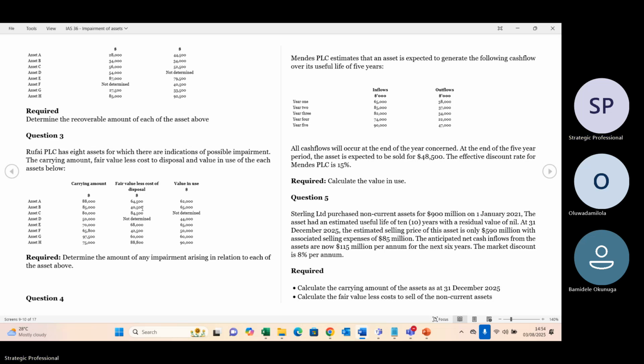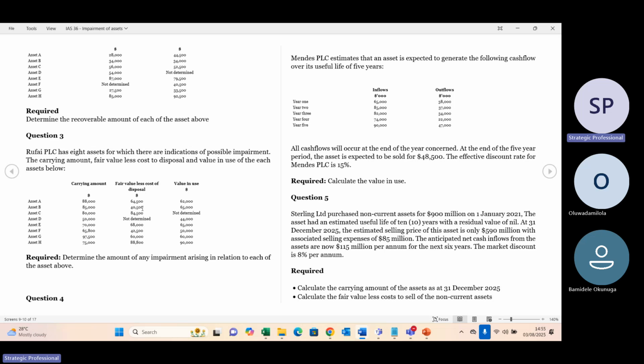That's value in use. Now, how would you be able to ascertain value in use in the exam? There are different scenarios. Scenario one, the examiner can give you directly. The examiner will just tell you value in use is $100 million. That means he has made your life easy. Scenario two, the examiner can do a breakdown. They tell you inflow, outflow, discount factor. So what the examiner expects you to do in that scenario is to first find the difference between the inflow that they're expected to make from that asset in future and the outflow, that is the cost they will incur on that asset in future.